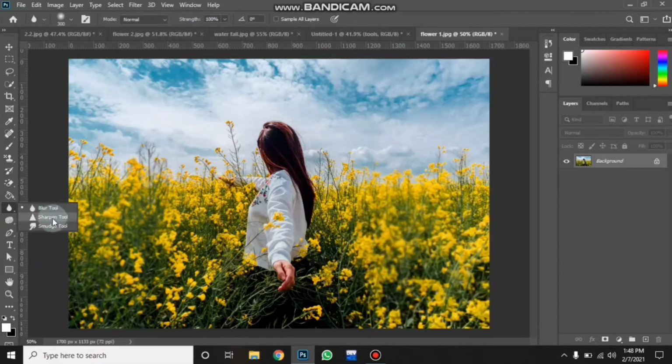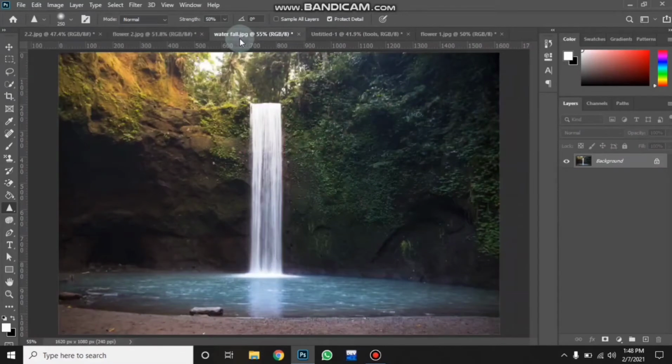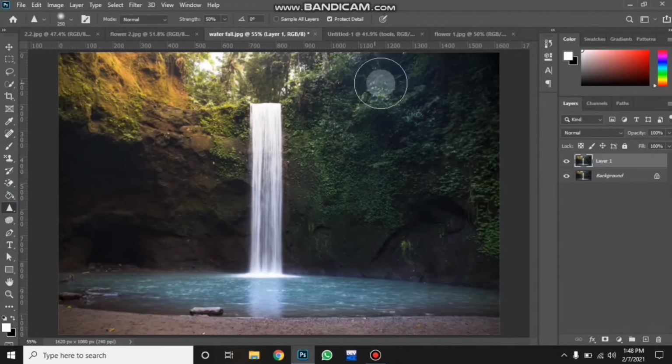After the blur tool, there is the sharpen tool. Press Ctrl J to copy, make a copy of the background layer. Basically, the sharpen tool is used to sharpen the area. If I click here, you can see it is increasing its colors, and you can also increase the strength.